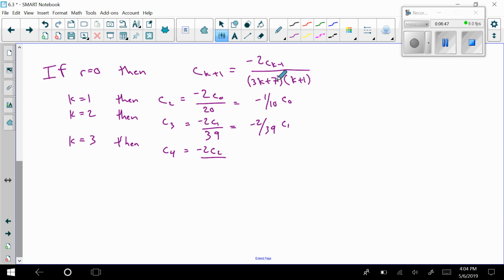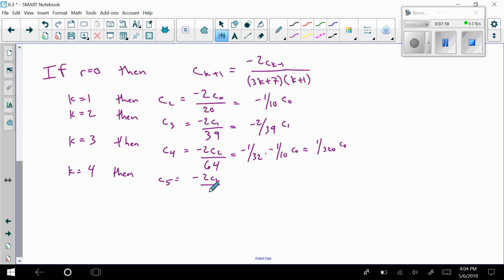9 plus 7, which is 16, times the 4, which would make a 64 down here, which is equal to negative 1/32 times, well, c sub 2 we know is negative 1/10 c naught, which is a positive 1/320th c naught. And just for kind of symmetry here, let's go one more, and that's c sub 5 be